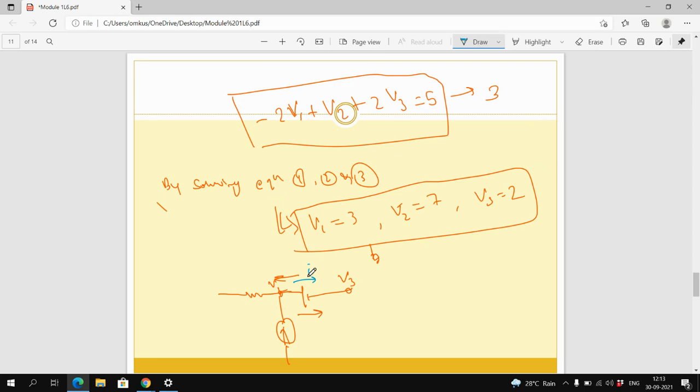Then how to find out this current? Now this is 5 amp given to you, and V2 is 7 volt, and this is 2 volt, and here V1 is 3 volt. Now see, this is a higher potential, right? And these two are lower potential. So current यहाँ पे जाएगा और यहाँ पे भी करंट ही फ्लो होगा. ये ओम कितना है, 1 ओम है. So 7 minus 3 is equal to 4 divided by 1 is 4 amp, राइट. 4 एम्पियर करंट यहाँ पे फ्लो होगा, और 5 यहाँ पे आ रहा है, 4 इधर चला गया, तो ये 1 एम्पियर करंट होगा.